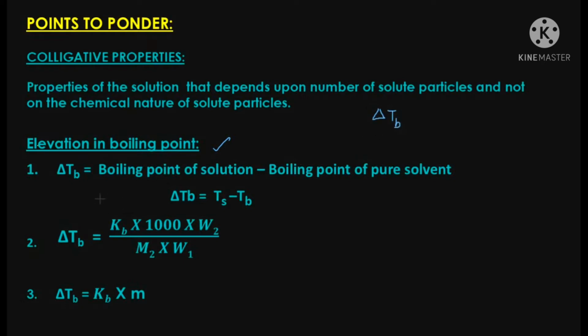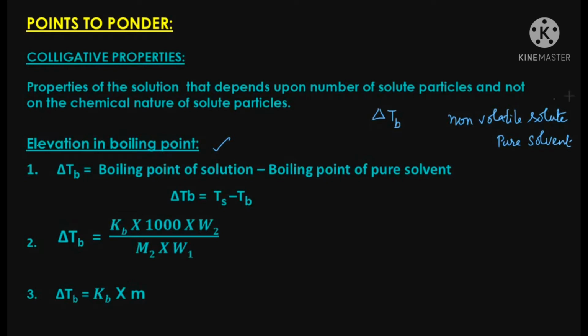Okay, so delta TB, how to calculate delta TB? If you know the boiling point of the solution and the boiling point of the pure solvent, it is possible to calculate delta TB. Before that, what is elevation in boiling point? Why does it happen? When you are adding a non-volatile solute, what do you mean by non-volatile solute? Non-vaporizable. When this non-volatile solute is added to a pure solvent,